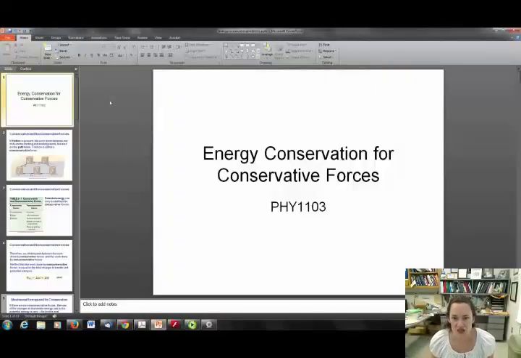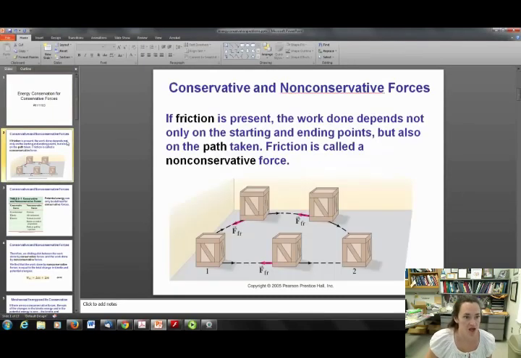In our last lecture, we talked about potential energies and springs. And in this lecture, I want to talk about energy conservation and conservative and non-conservative forces. So, what are conservative and non-conservative forces? Basically, conservative forces are forces that keep energy within the system, and non-conservative forces are forces that transfer energy out